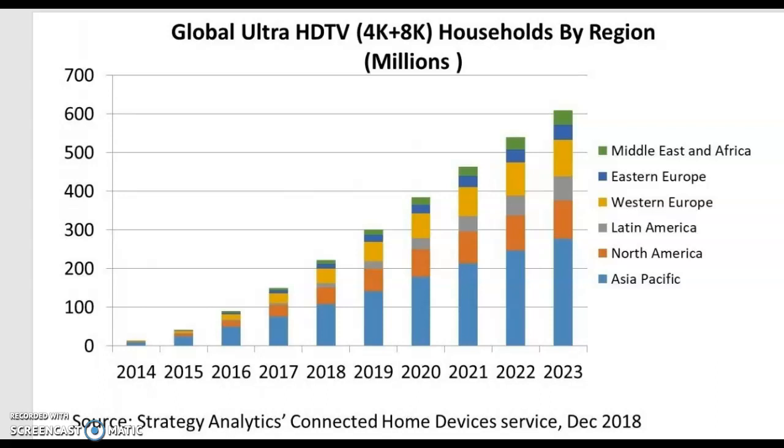So we just talked about cable being a big disruptor, and in terms of devices, we now have these internet-capable televisions and these amazingly realistic high-resolution televisions, HDTV. This shows how many million households by region have these. This was done at the end of 2018, and it's projecting into the future. And you see Asia Pacific is the biggest, and then North America, Latin America, Western Eastern Europe, Middle East, and